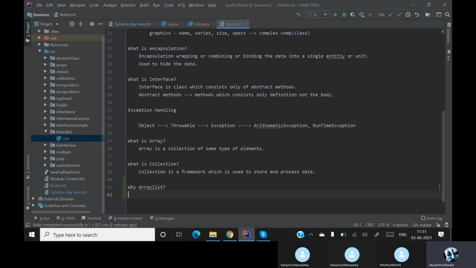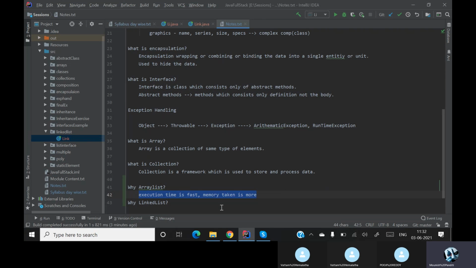This will be our first question, and the second question will be why linked list. Array list: time is fast, space is more. You can simply say the memory taken is more and the execution time is fast.